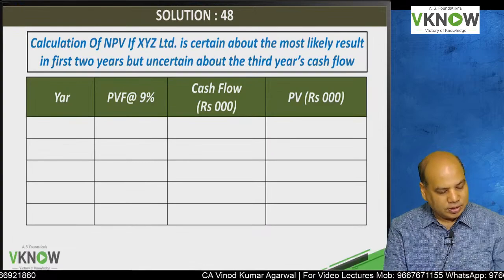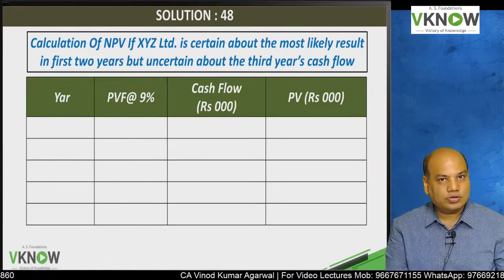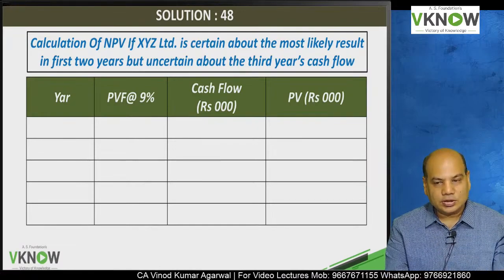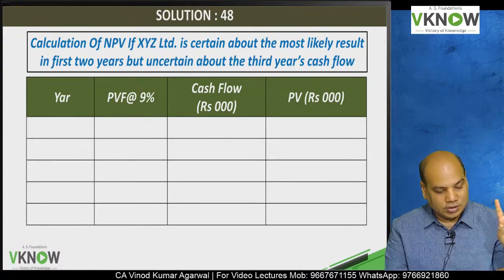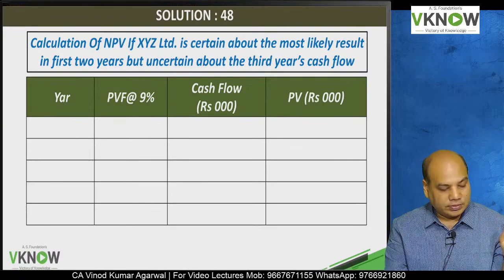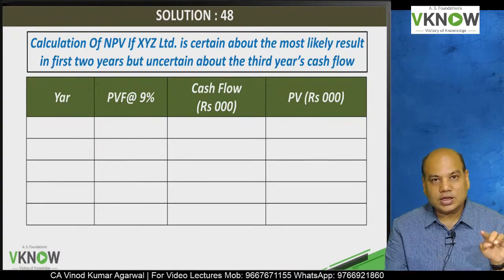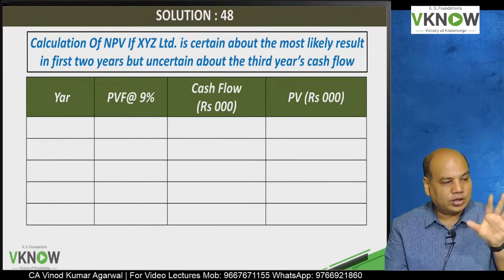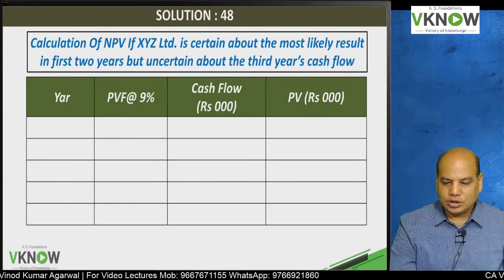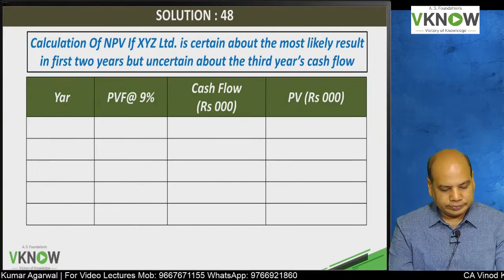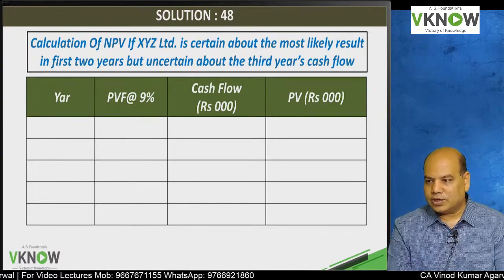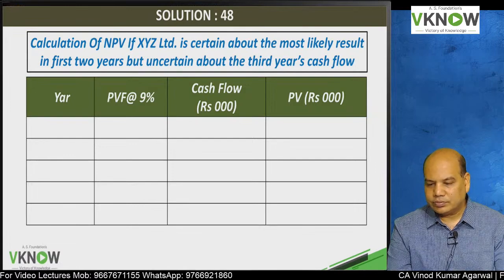Now write down second part. This question has two parts. One is if worst scenario in all 3 years, most likely in all 3 years, best case in all 3 years. But there is one more possibility, most likely in the first and second year and worst scenario in the third year. Then what is NPV? So write down the new heading, calculation of NPV. If XYZ Limited is certain about